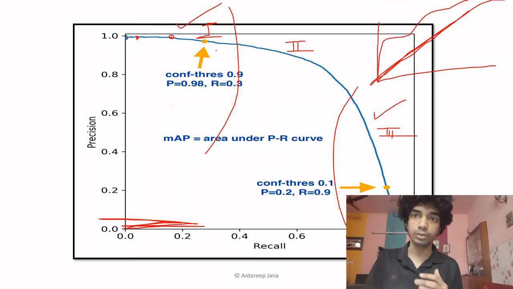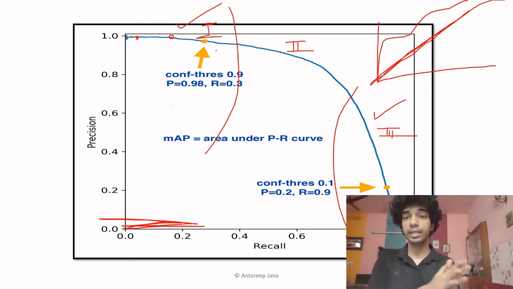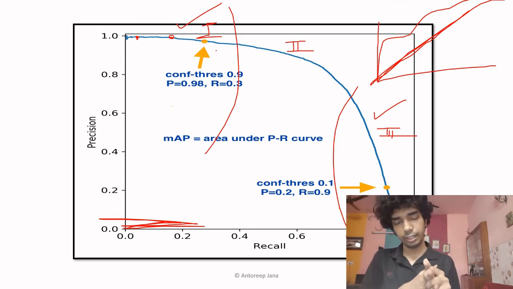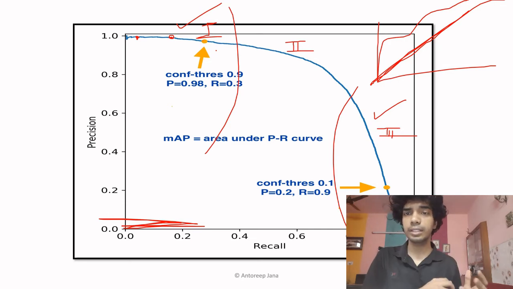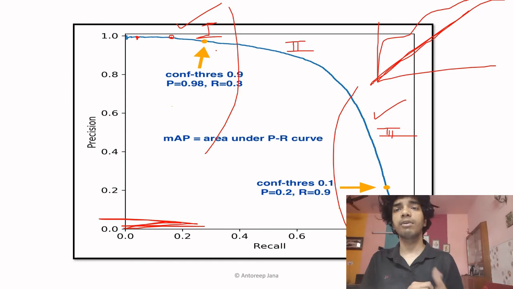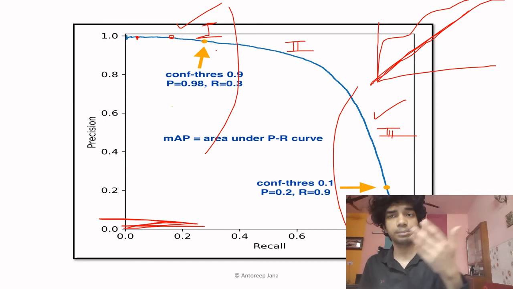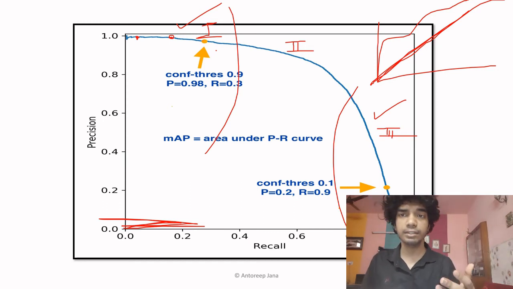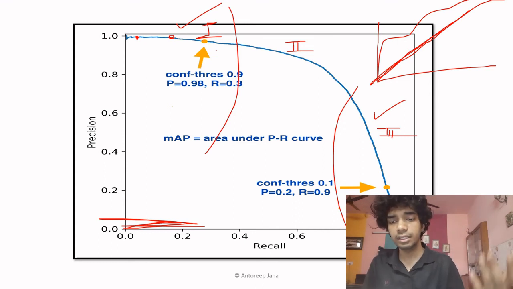some positive samples. Missing out on positive samples is false negatives, and lowering the misclassifications is lowering the false positives. Lowering the false positives is increasing the precision. Missing out on positive samples means increasing false negatives, which is a decreased recall value. So that is what region 1 is about.